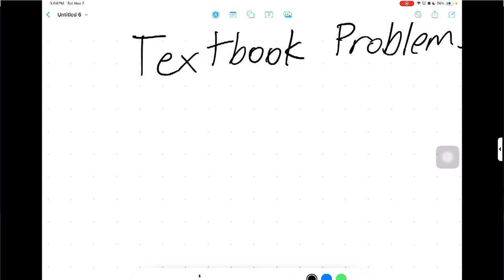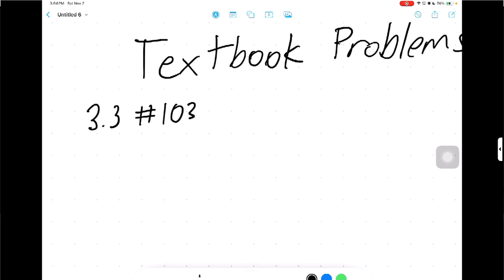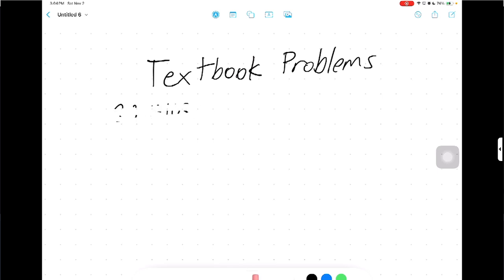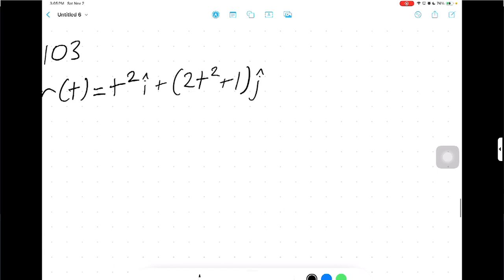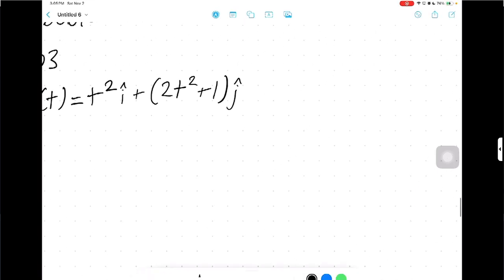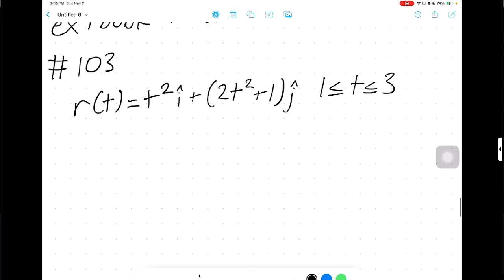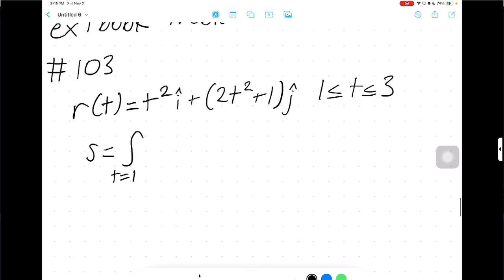Right. Next up, first we have 3.3 number 103. I'm going to make that a little bit bigger. It says to find the arc length of the curve on the given interval. So r of t is equal to t squared i plus 2t squared plus 1 j, and t is between 1 and 3. So your arc length is going to be the integral from t equals 1 to 3